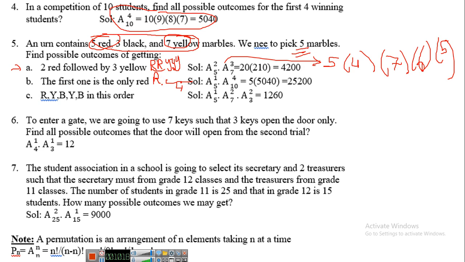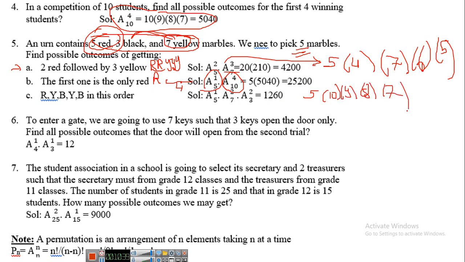So the first one is red and the others are black and yellow. How many red do I have? I have 5. I want to pick one. And then 4 choices can be from yellow and black. How many yellow and black do I have? 7 and 3, 10. So it is 5, then I go 10, 4 times: 10, 9, 8,